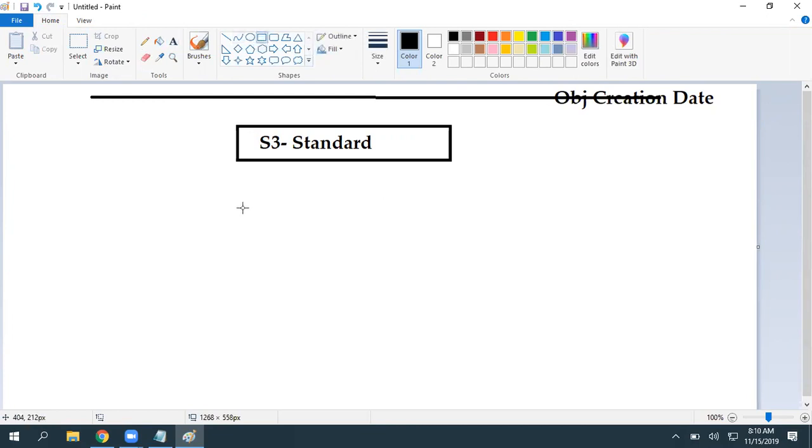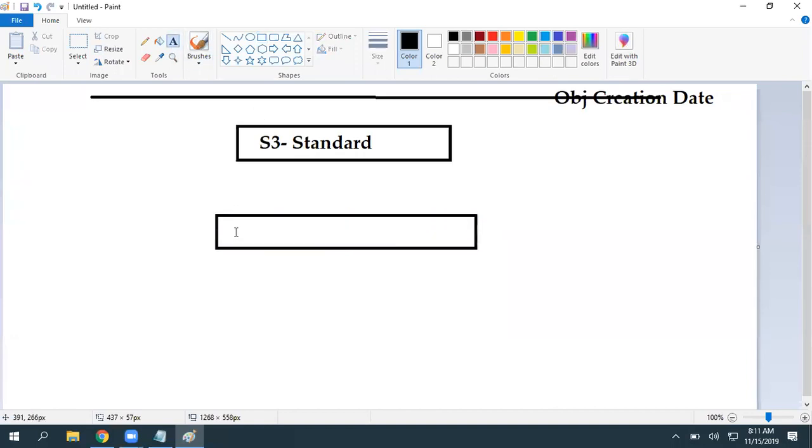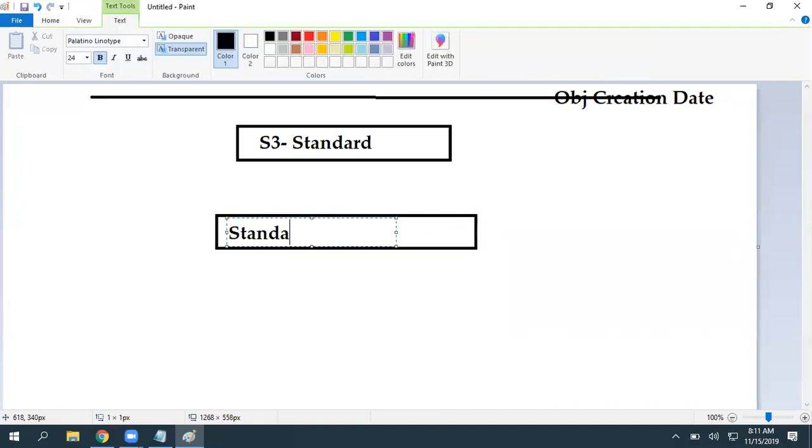From S3 Standard, at some point you want to move the data to Standard Infrequent Access or One Zone Infrequent Access.